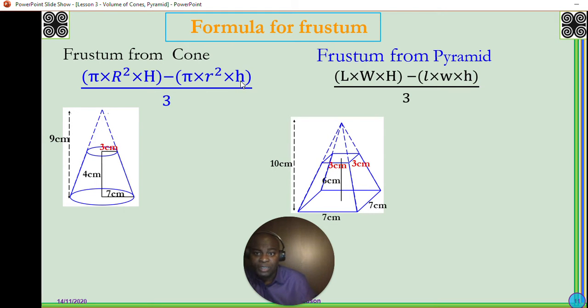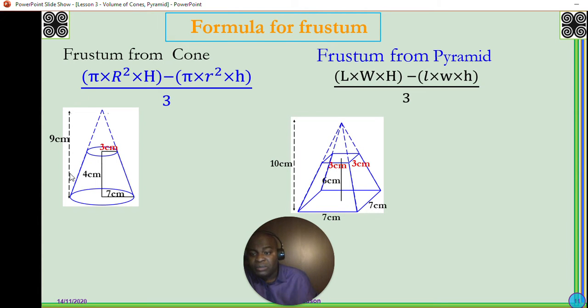The same formula. But you see that I'll use big R for the original one, big H for the original cone, small r for the chopped off cone, small h for the chopped off cone. The same big letters for the original pyramid, small letters for the chopped off pyramid. So this one,